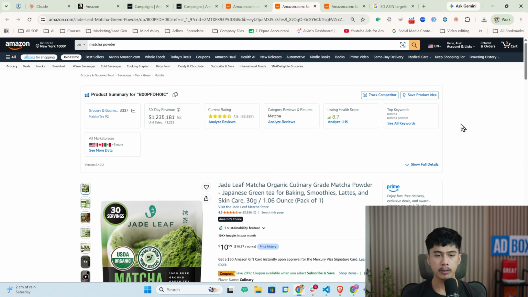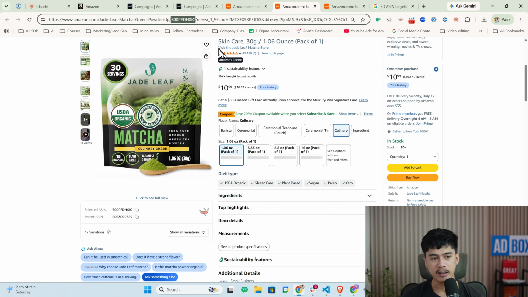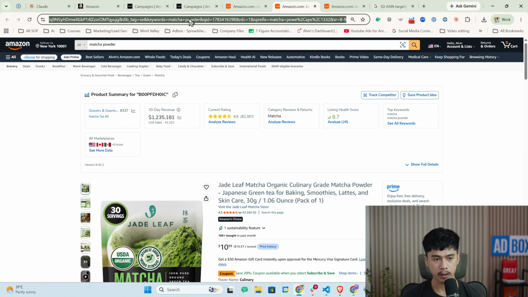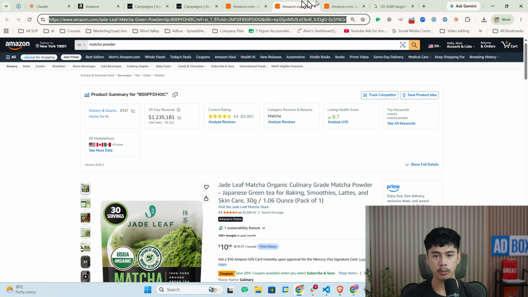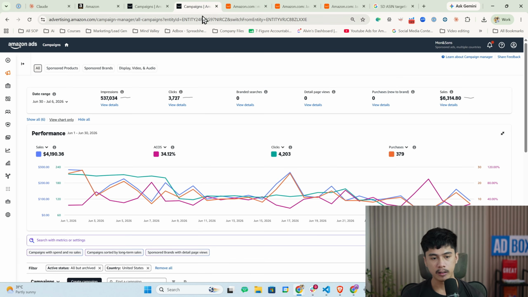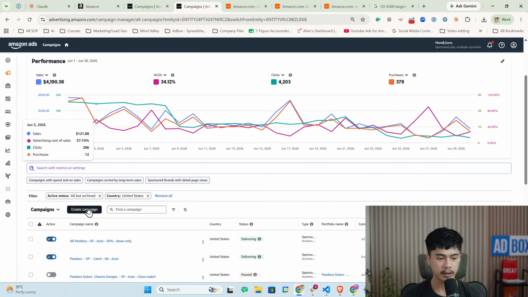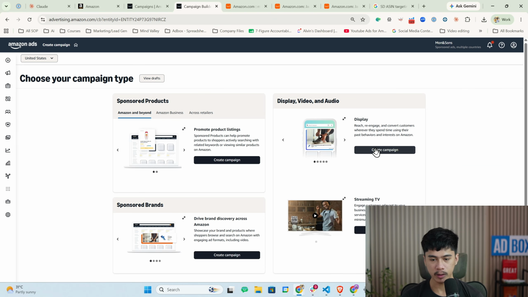But what you can do is scroll down in the listing and then you can see the ASIN as well. So all you have to do is copy that ASIN or that product code. It will usually start with B0, as you can see in here, B0, 89, Q9, etc. So copy that ASIN, your competitor's ASIN, go to your campaign manager, create campaign, then go to sponsored display,